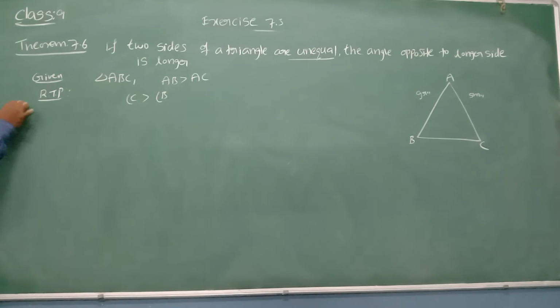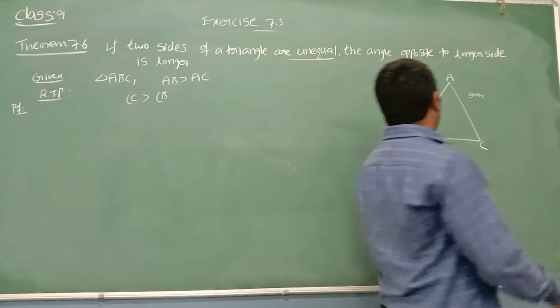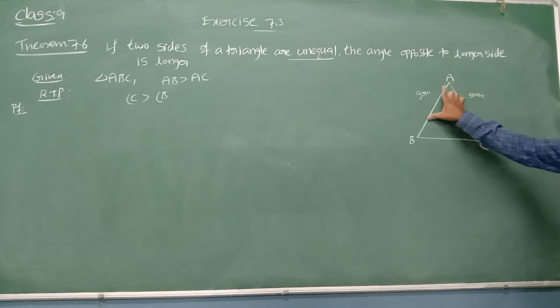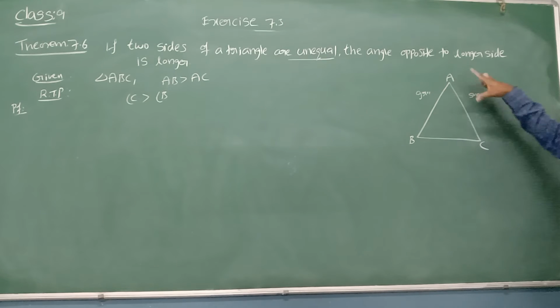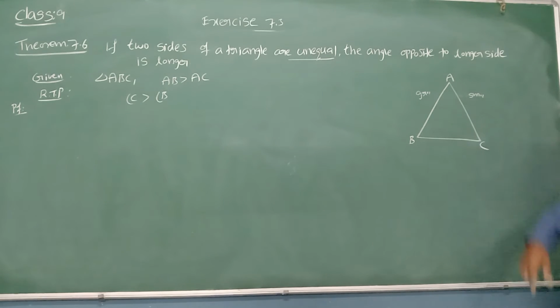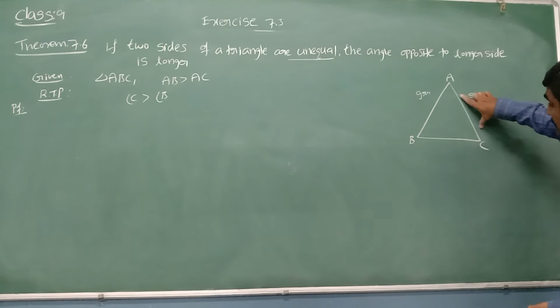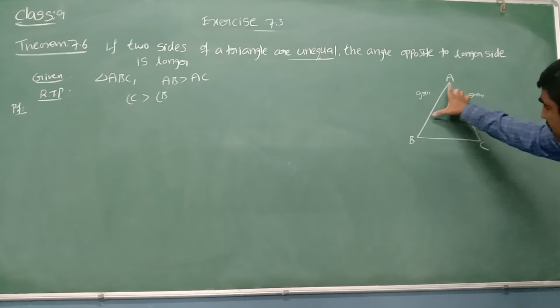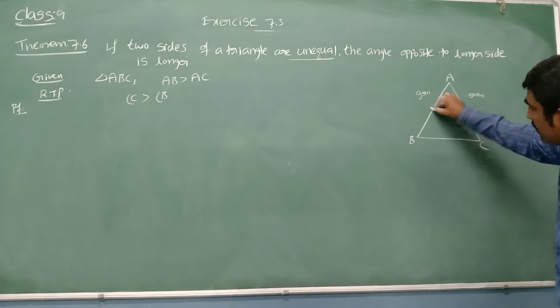Yes. Now let's think about the proof. How can I prove this? See, they said clearly AB is the greater and AC is smaller. Now if I take this smaller side AC and keep it over AB, will they coincide? No. If both lengths are equal, then both will coincide. Now imagine I take this AC and keep it over AB. What will happen? They will not coincide, but AC will occupy some of the place of AB.